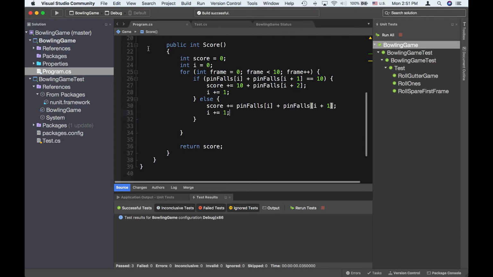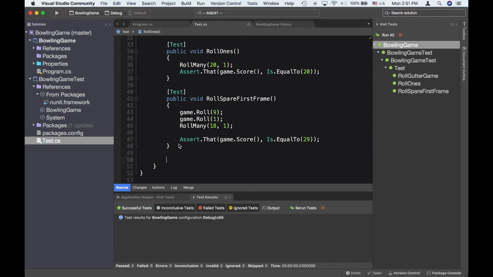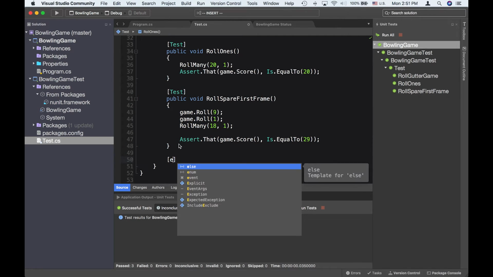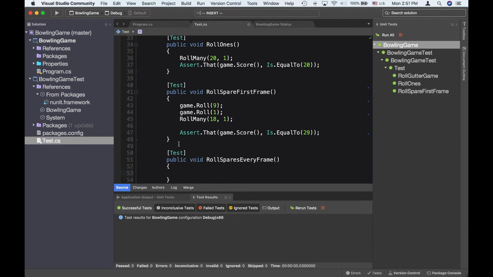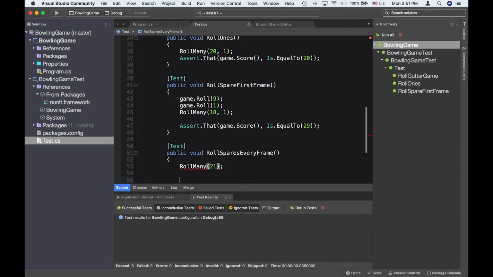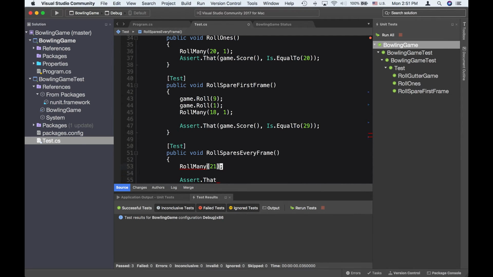Okay, so let's just add a few more frames. Let's try one more test, see whether this works. Test public void rollSparesEveryFrame. So we say rollMany, so let's assume we roll 21 times and assert that 5